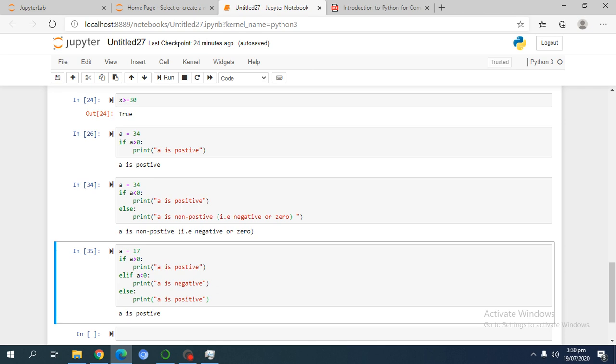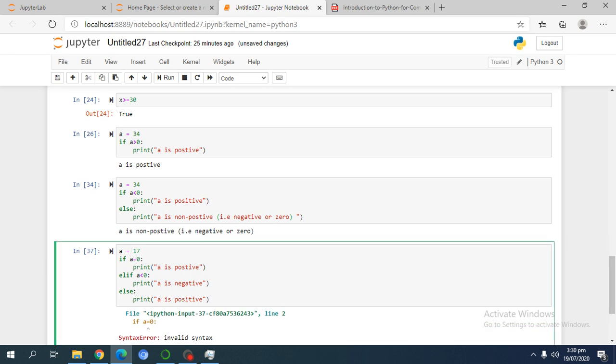अगर यहाँ पर थोड़ी चेंजिंग कर लें, ए लेस देन 0 करें तो ये क्या रन करता है, ए इज पॉजिटिव। ए इज इक्वल टू 0 करें, ये एरर देगा। तो इसको हम लेस देन 0 कर लेते हैं, इसको ग्रेटर देन 0 कर लें ताकि हम डिफरेंट रिजल्ट चेक कर लें। मतलब ये स्टेटमेंट एग्जीक्यूट नहीं होगी और ये एग्जीक्यूट होगी और ये भी एग्जीक्यूट नहीं होगी, एल्स इफ स्टेटमेंट एग्जीक्यूट हो जाएगी।